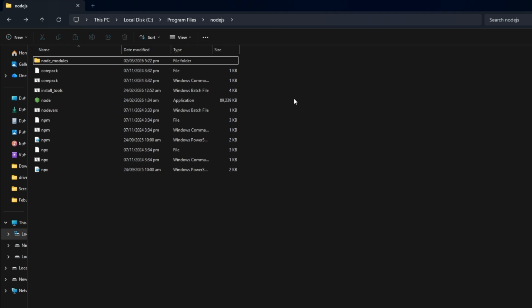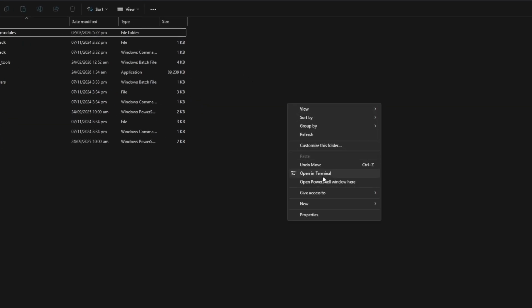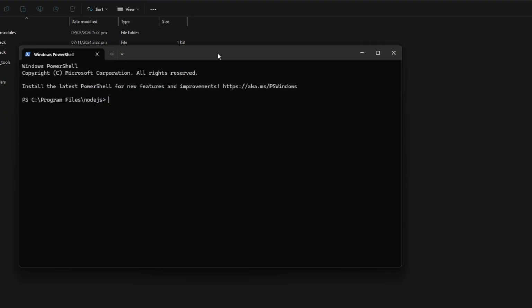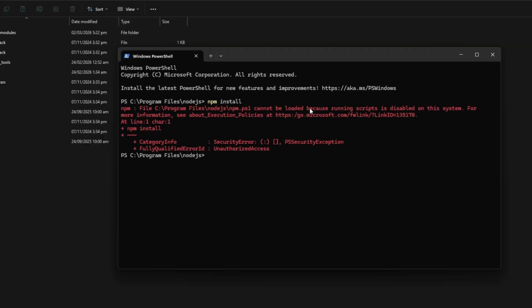Now open the folder again. Hold Shift and right-click inside the folder, then select Open in Terminal. When the terminal opens, type this command, npm install. Press Enter and wait. This will create a new node_modules folder and a fresh package-lock.json file. In most cases, this will fix the